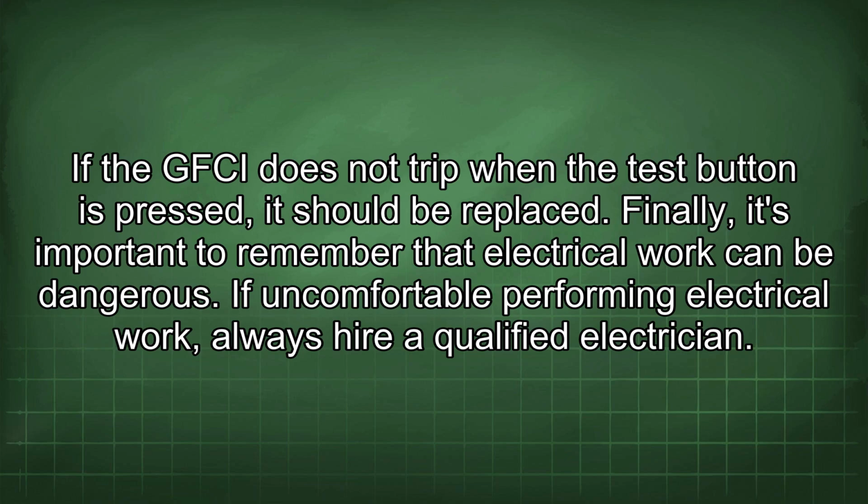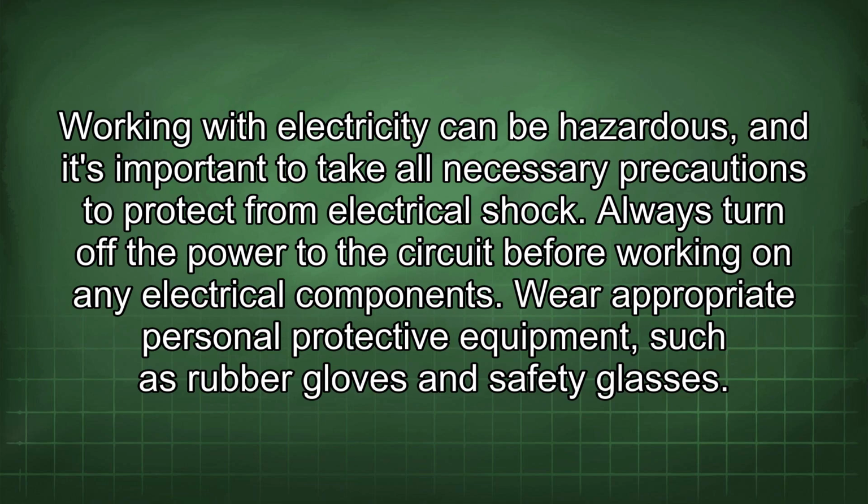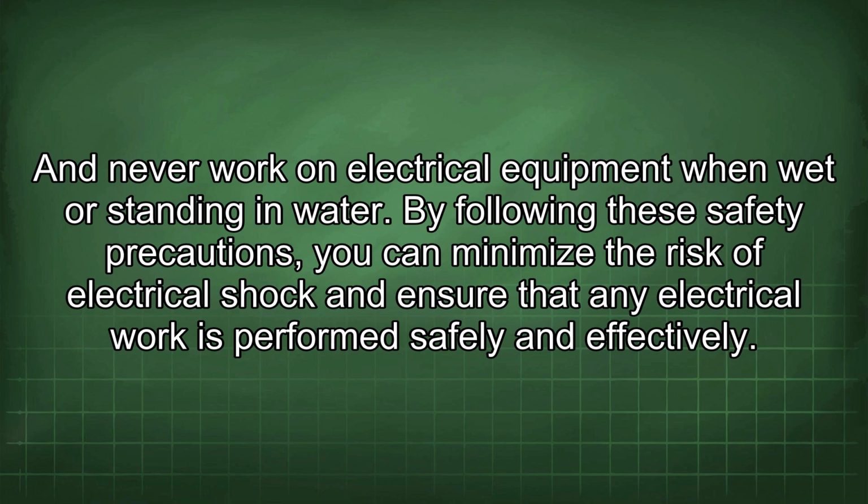Finally, it's important to remember that electrical work can be dangerous. If uncomfortable performing electrical work, always hire a qualified electrician. Working with electricity can be hazardous, and it's important to take all necessary precautions to protect from electrical shock. Always turn off the power to the circuit before working on any electrical components. Wear appropriate personal protective equipment, such as rubber gloves and safety glasses. And never work on electrical equipment when wet or standing in water. By following these safety precautions, you can minimize the risk of electrical shock and ensure that any electrical work is